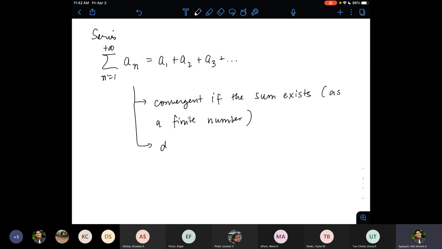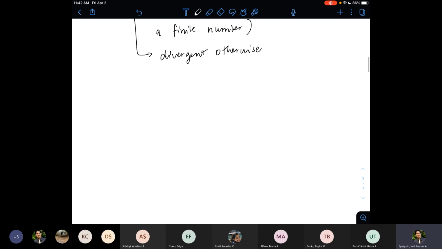And it is divergent otherwise. It is divergent if you cannot decide what the actual sum would be as you carry on the infinite summation, or if it will be infinitely large. For instance, the summation of k, from k going from 1 to infinity, is divergent